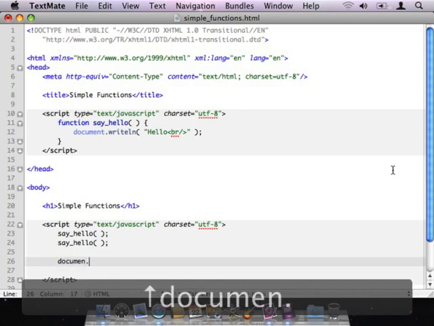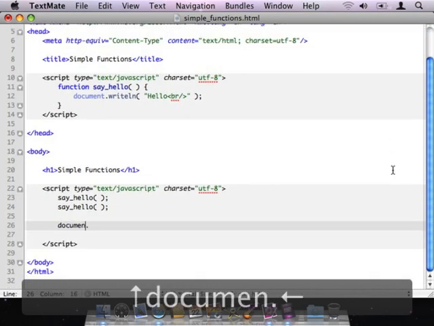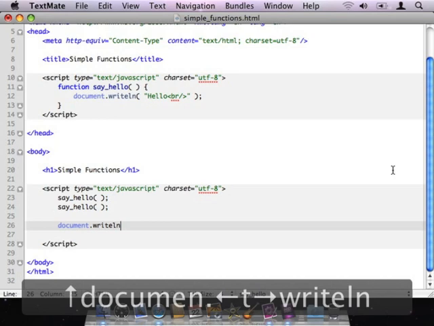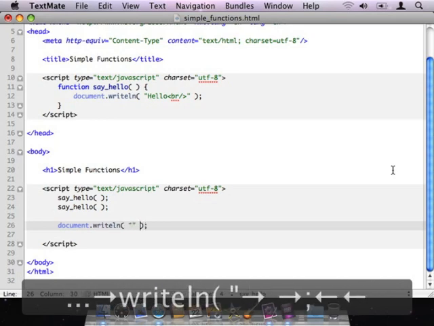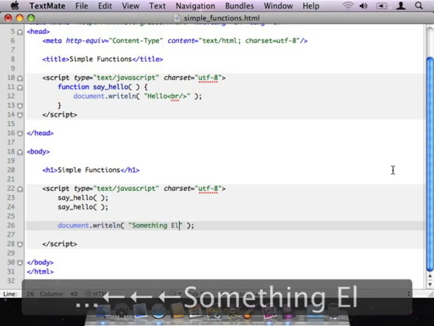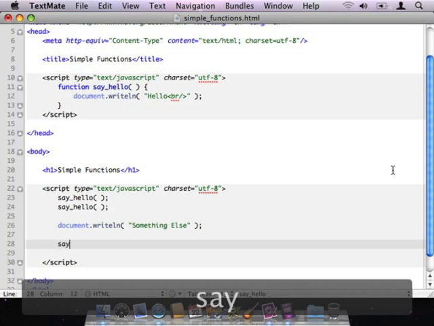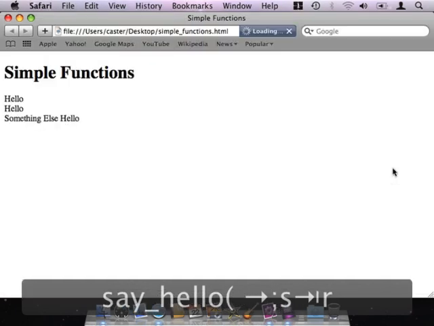So if down here in the body, I actually put in a document.writeLine, and I said something else, and then I called sayHello again. Can't seem to spell hello today. Right? When I actually pull that up in the browser, I get hello, hello, something else, and then hello again